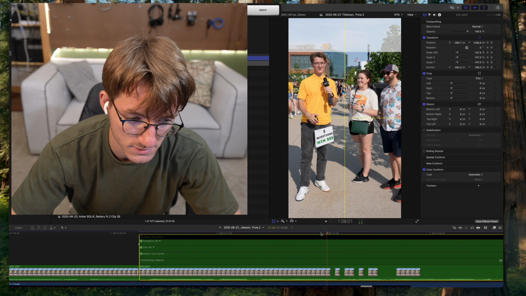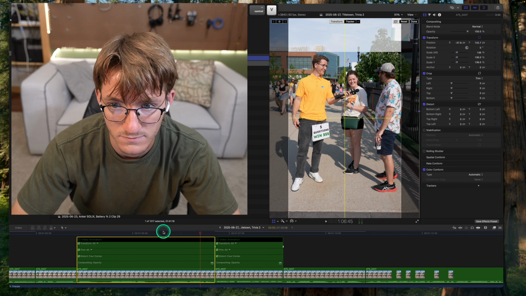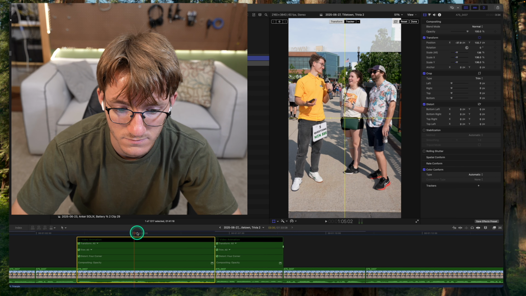I think the frames look exactly the same, so